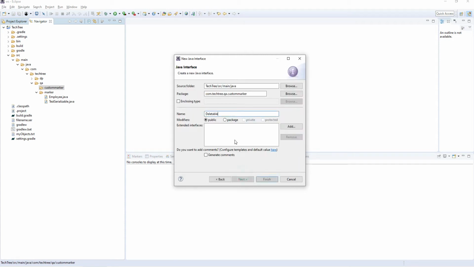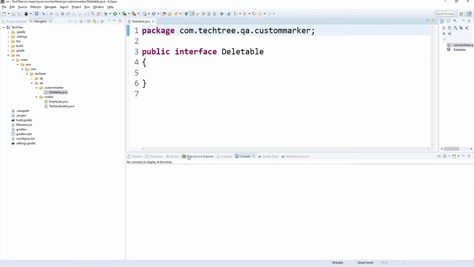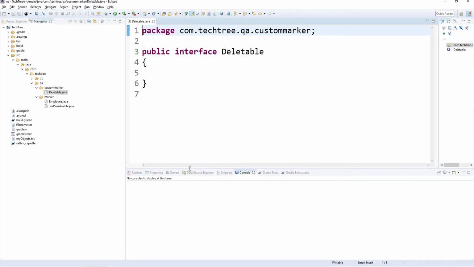Let's see how we can use this custom marker interface with our code. Because it's a marker interface, we don't need to create any method or anything.